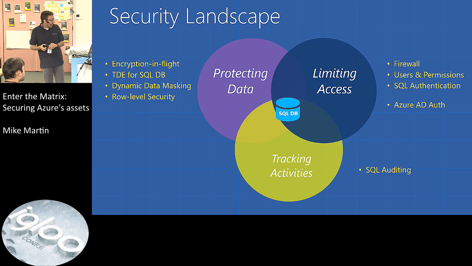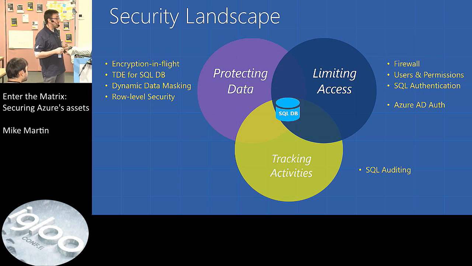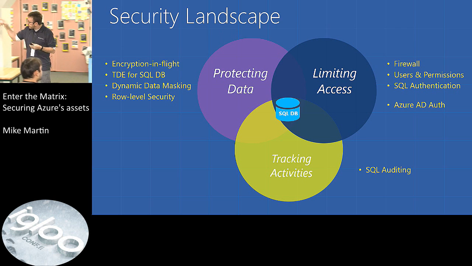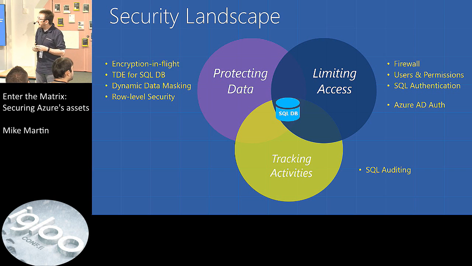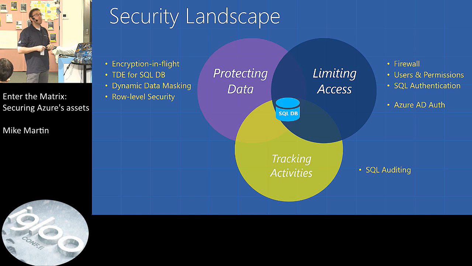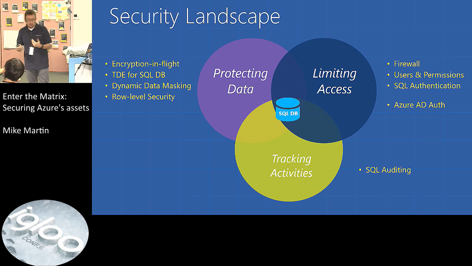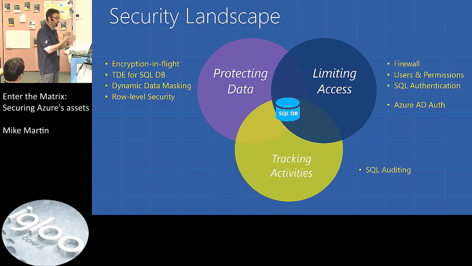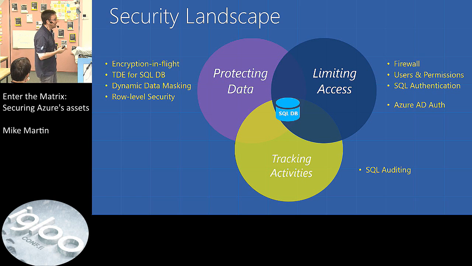When we talk about data, we also have SQL databases. Today we have encryption in flight, so that's good. We have an encrypted channel. We have encryption on the tables, and dynamic data masking for those who are using, let's say, very sensitive information. Use data masking on there, so that way nobody can see it. Even if they have access to the database, they cannot read it.